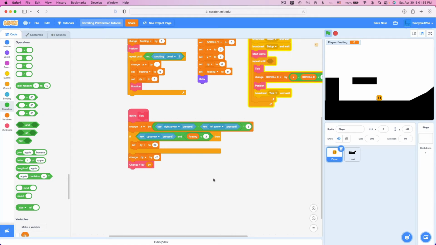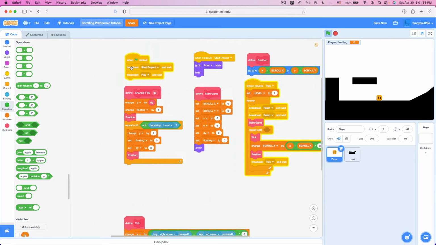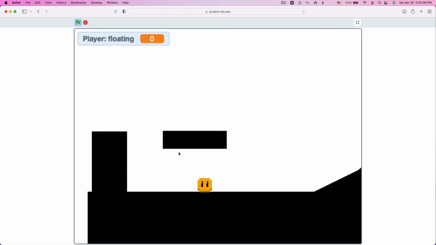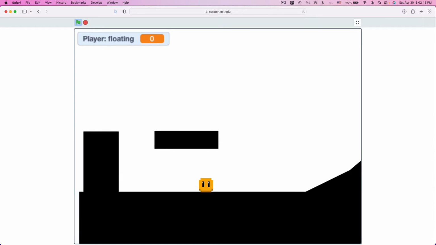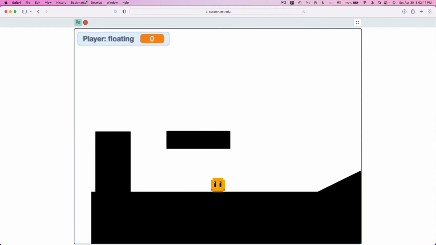And so what we're going to do is go inside our change player Y by DY. Now the reason this is happening is inside a repeat until, we're repeating until not touching level, right? So if we're touching the level, say on the ground, we're just moving up to get out of it. Now, the problem with that is,